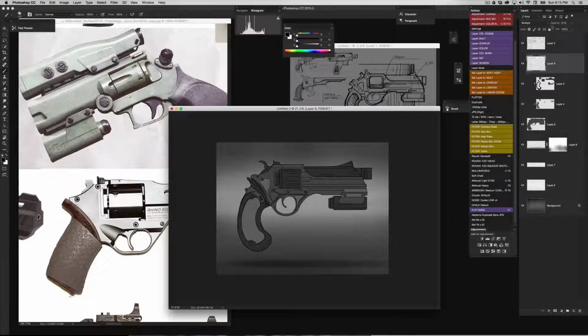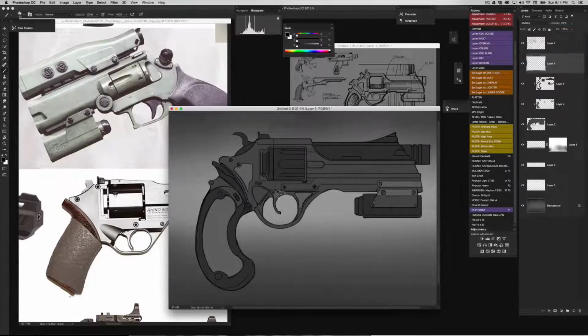So that's kind of dark. So I'm just going to lower the opacity until it's just about right. There you go. And really, this layer is showing it this light, right? But if I turn the opacity up, it's black. But because it's on multiply, when I lower it,